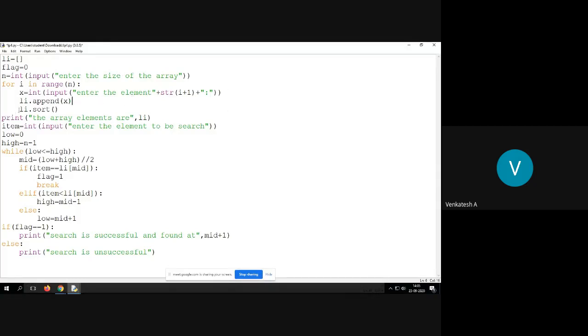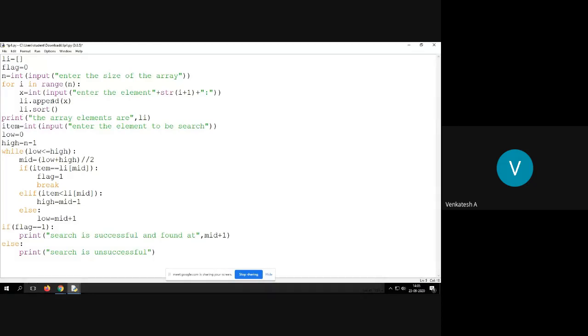Then each time you enter an element, it will also sort. Sort is an inbuilt function which you can use with data structures such as a list. Just like append, you can use sort also. It will sort all the elements within the array.